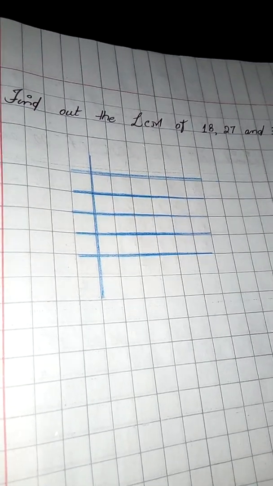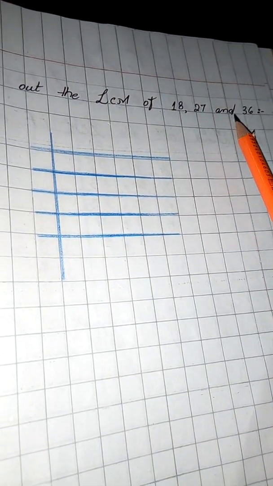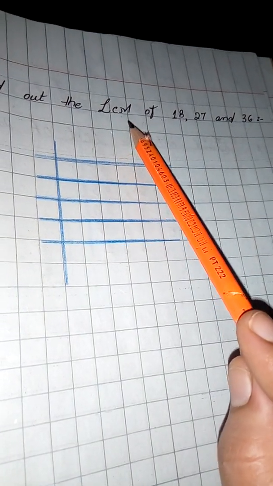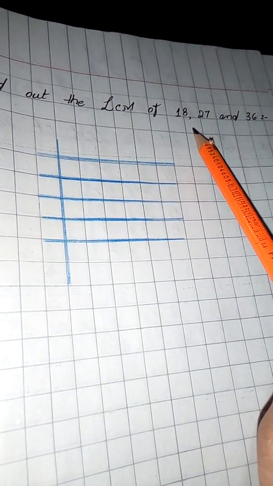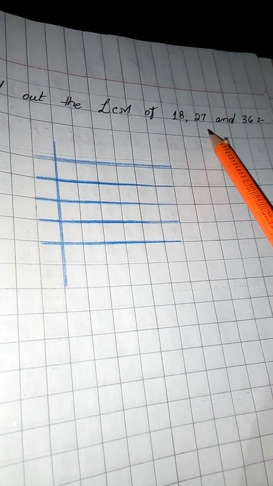Okay, now children observe the next example. What's the difference over here? I have taken three numbers, and you are going to take out the LCM by the division method. So I'm going to follow the same procedure, same steps again. I'm going to write down these three numbers in my division column by putting commas in between.